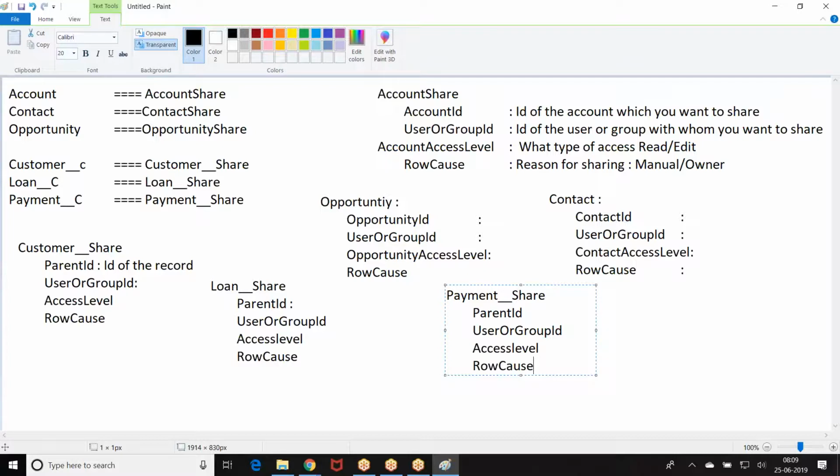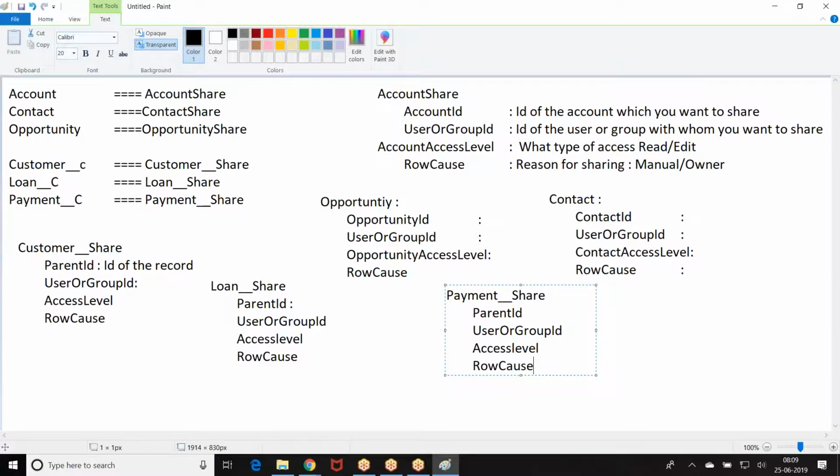Clear for everyone? Custom object record ID is called parent ID. For all custom objects, it is a parent ID. For all the standard objects, object name followed by ID.